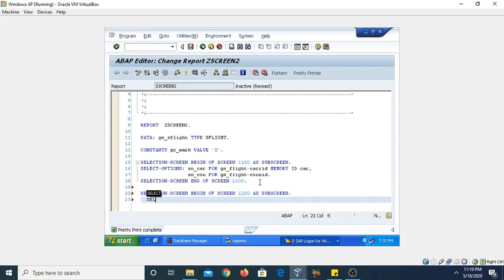Then again I am using select option for the data object SO_flight date for the particular field, and the field is gs_sflight-fldate.